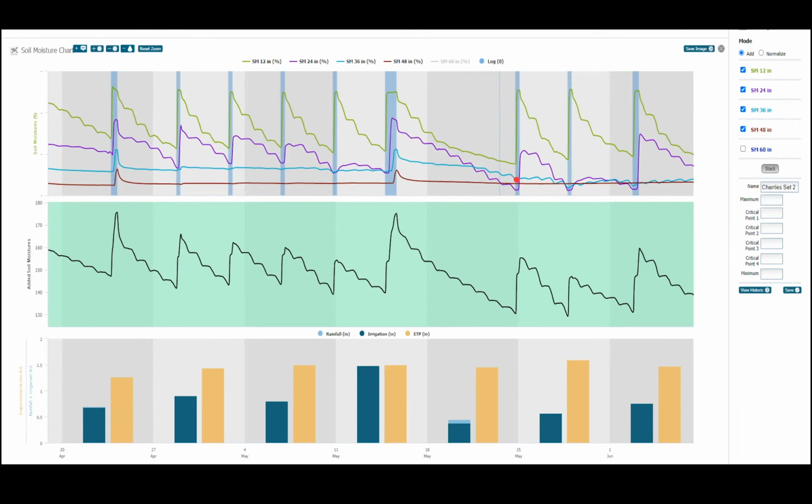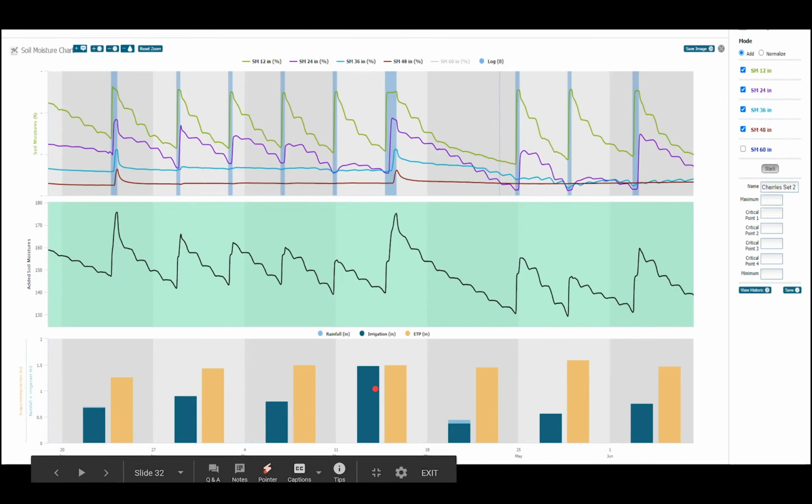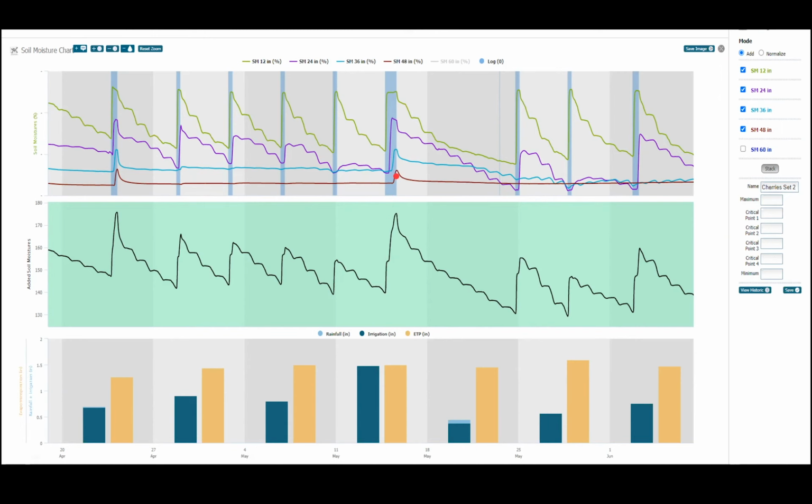So then he needed to bump up his duration a little bit. But here in this week of May 11th, we can see that there was a longer irrigation event, and he didn't irrigate for several days after that. And he got all the way down to the 4th foot where he has no roots, so he has no need to put the water down there. So a 1.5 inch irrigation event for him is just basically wasting water,